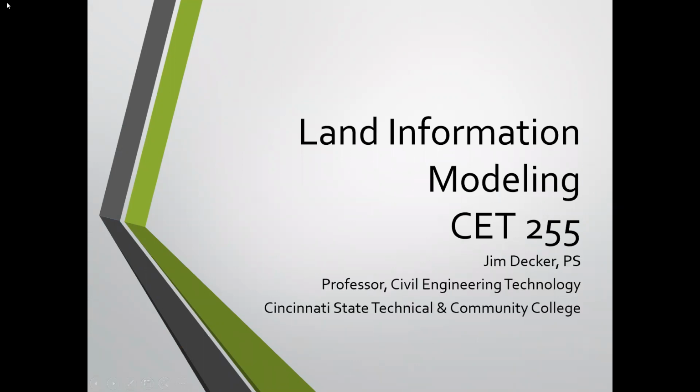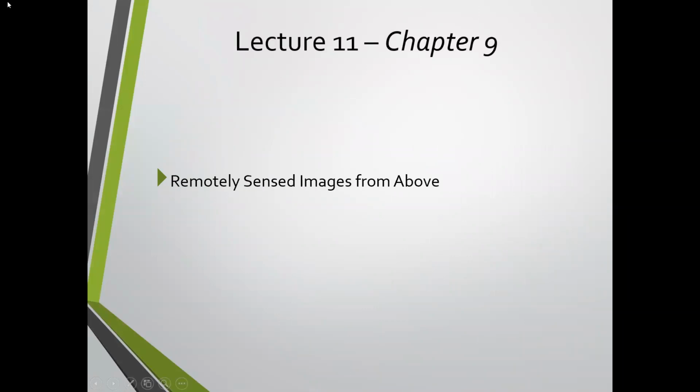Right. So this is going to be dealing with Chapter 9. And Chapter 9 begins talking about the concept of remote sensing. The title is Remotely Sensed Images from Space, or from above. It's going to focus on photogrammetry, because the other chapters will get into other types of remote sensing. So this is primarily photographic type remote sensing, as opposed to LiDAR and those kinds of things. And this is just an introduction to that, and we'll talk about how it was developed